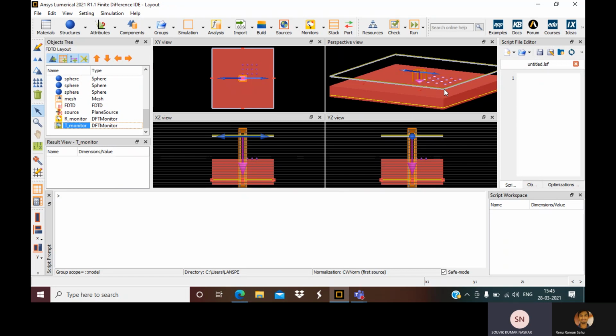For the XZ view, the transmission monitor, should it be beyond that, I mean, that silicon surface also? Because the field will be transmitted through that sphere as well as this silicon surface structure, and then we can measure that via the monitor.